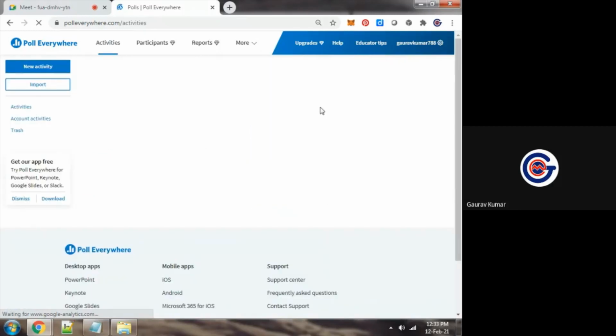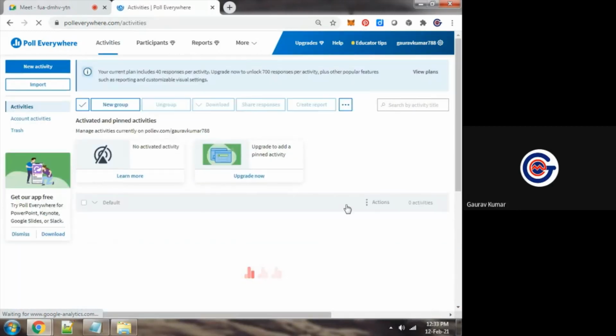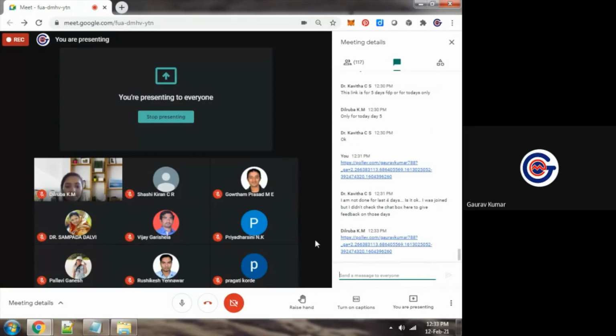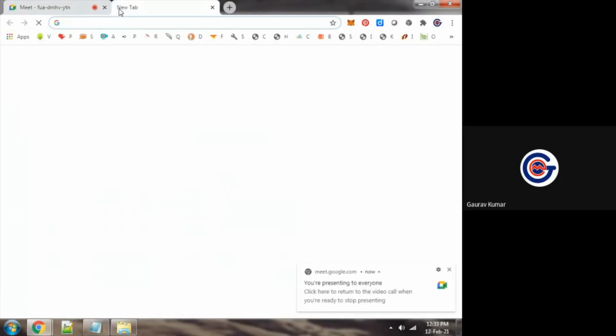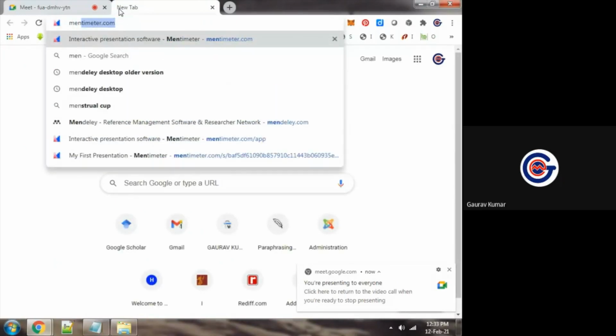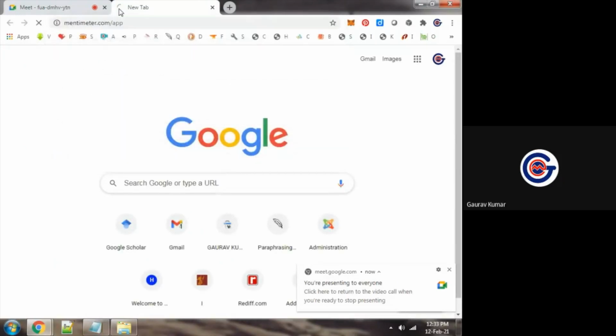And there is another platform that we will discuss now for similar implementation. That is Mentimeter.com, similar to Poll Everywhere.